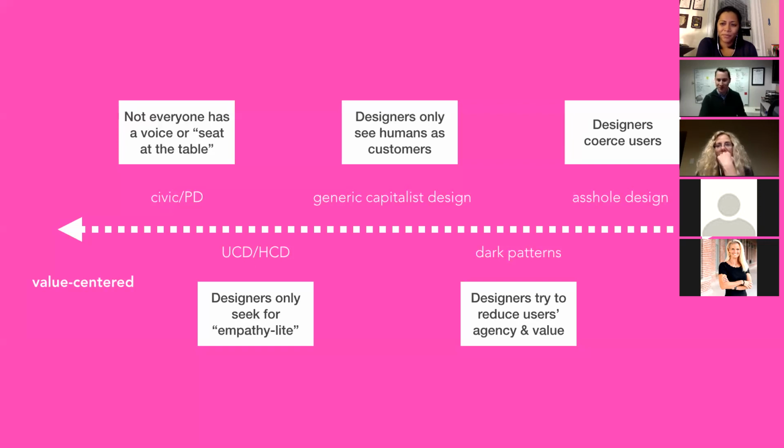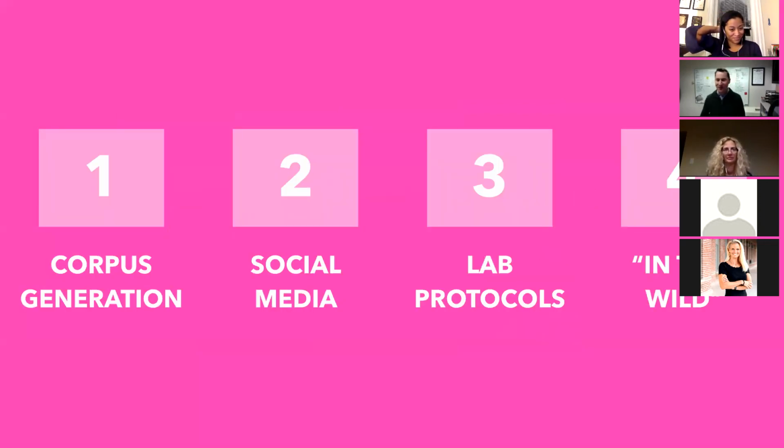Okay, are you ready for the choose your own adventure part? We have 4 different directions that we could go. So the first is looking at: we generated a corpus of examples of dark patterns. It's all live on the web, darkpatterns.uxv2.com. I'm happy to talk through how we generated that corpus and some of the patterns that we found as strategies.